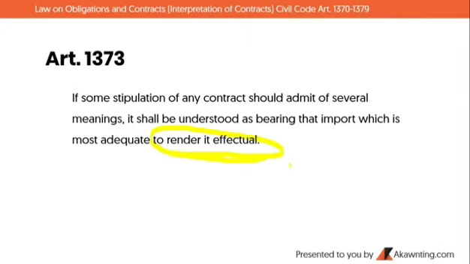Kasi yun nga, di ba? Kunwari, ang tinutukoy natin is object. Ano ba yung mga requisites ng isang valid object? Okay, so yun na-discuss na natin dun sa essential requisites. Syempre, dapat legal siya, blah blah blah, marami pang iba, di ba? Okay, so